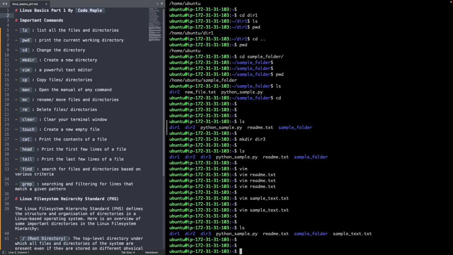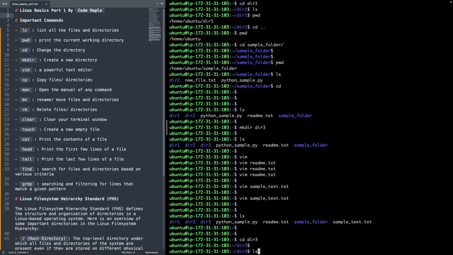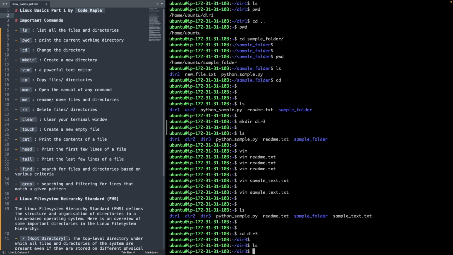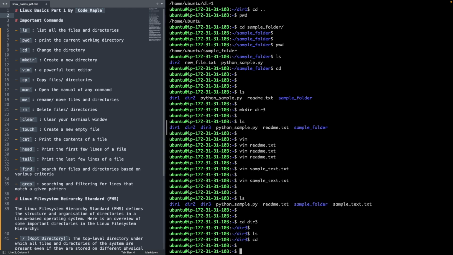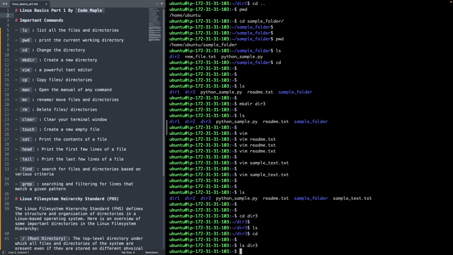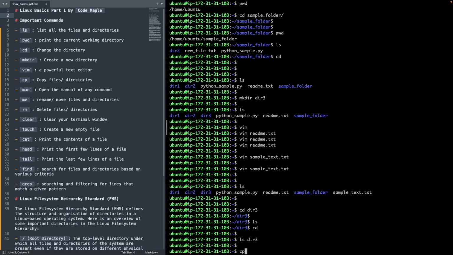So first let us check what is inside dir3. Let us go inside dir3. We do an ls, it's empty. To check inside dir3, we could also have done ls dir3, right? This will show you the contents inside of the directory, so you don't actually need to go into the directory. Okay, so let me try copying it there. So we do cp